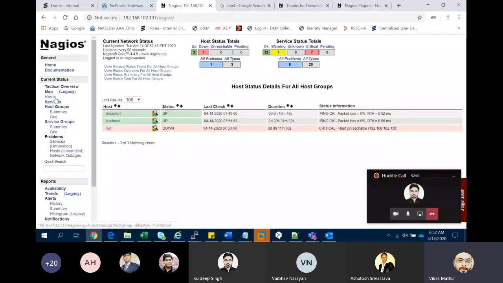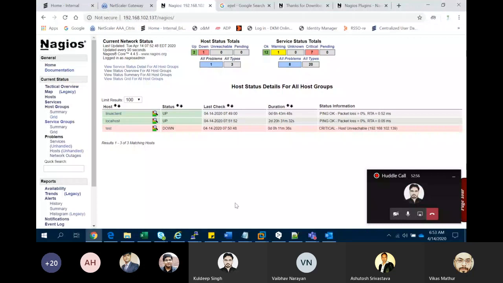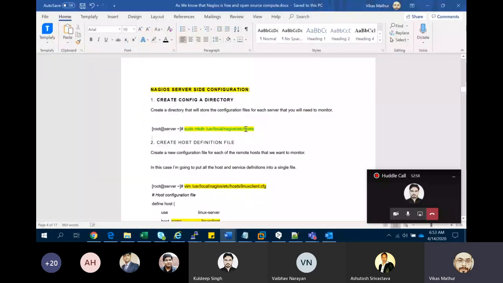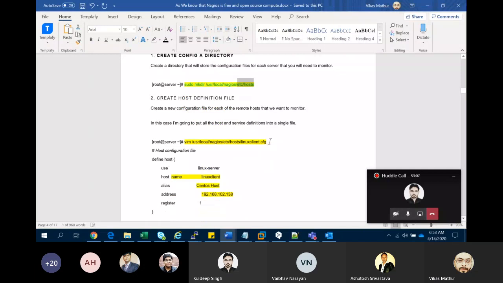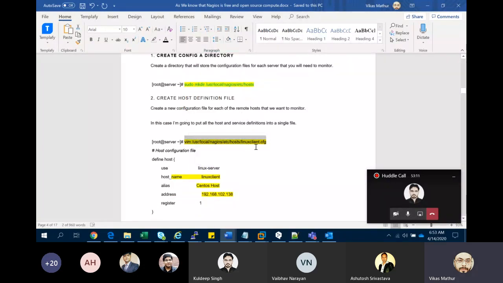If you add hosts over there, all the types of hosts will come up. So as the first step, I'm creating that particular directory, hosts. After creating the directory, this is my config.